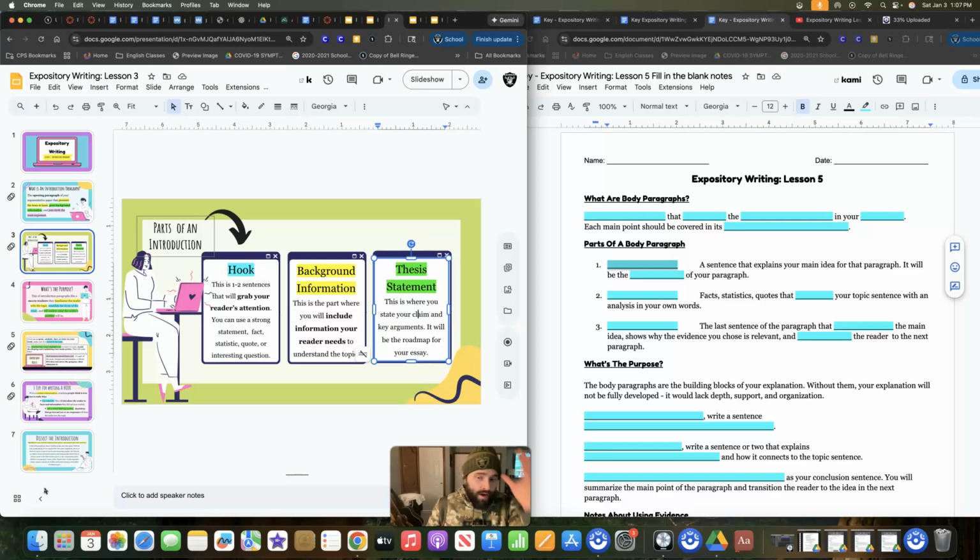Hey everyone, so we are now jumping into expository writing lesson 5, body paragraphs. But before we do that, I just didn't want to make you question, why do we skip lesson 3 and lesson 4? Lesson 3 is very difficult. It's an introduction, and thesis statements by themselves need to be taught, and that's what we're really working on here. But then I also have to talk about background information with you and then hook statements. And I just don't need us getting stuck on these two things when we're really trying to hit home thesis